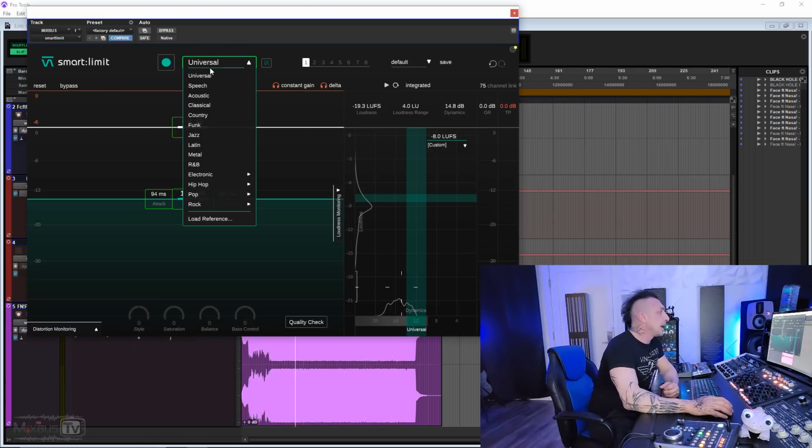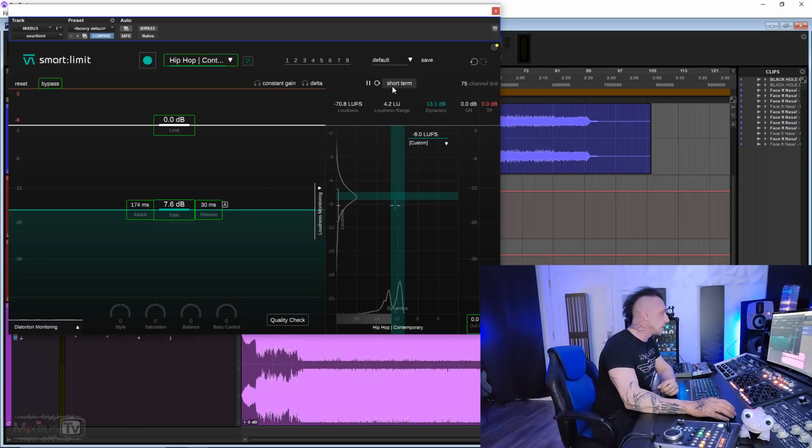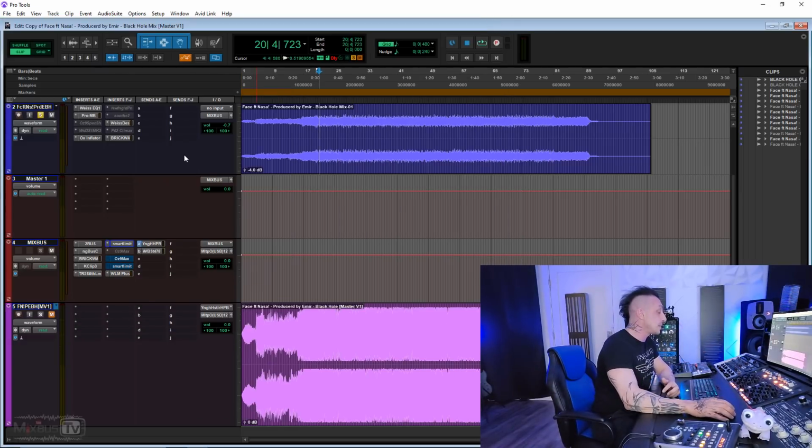Here at the top, we have different presets, so to speak: universal, speech, acoustic, classic, country, and so on. Now, when we select one of these profiles and play the material, the plugin analyzes the content and also will unlock these 4 controls here at the bottom: style, saturation, balance, and bass control, which I will talk about in a minute. But let's actually start using the plugin, and I will use a song that I mastered a